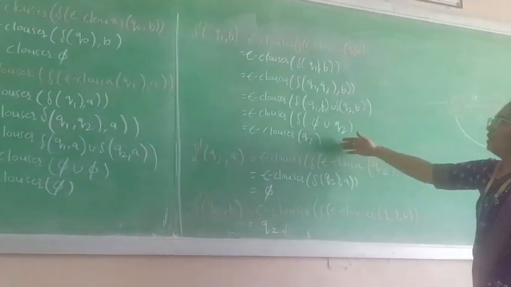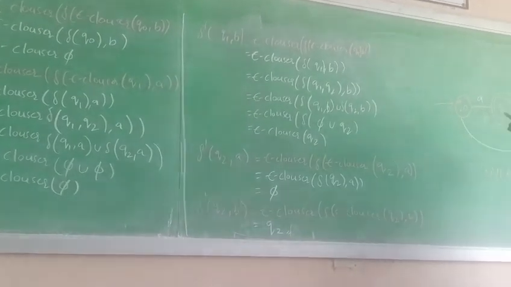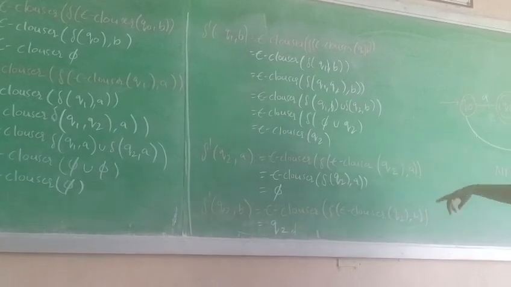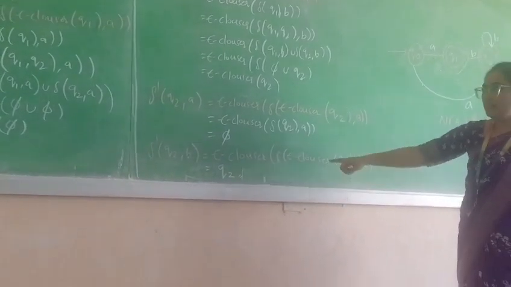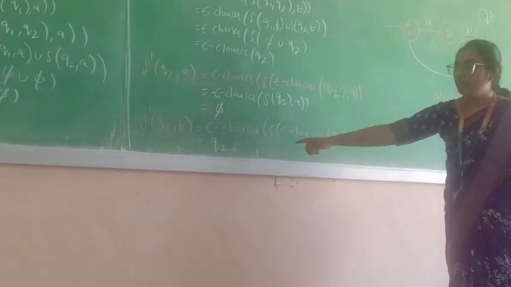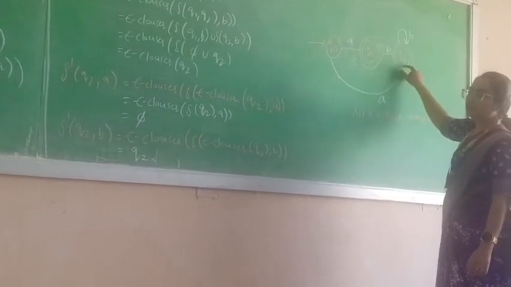Next, Q2 for B, Q1 to Q2. The state is finished. Next one is phi, we don't need to draw. The next one is delta dash of Q2 of B. What we got as the answer is Q2, a Q2 self loop. From Q2